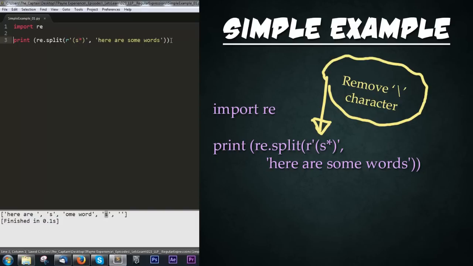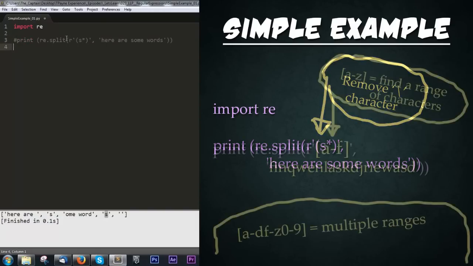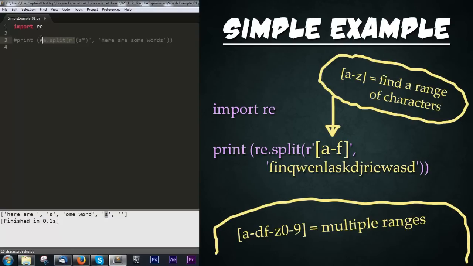Okay, so I'm just going to go ahead and comment this line out, and I'm going to punch in a new line. And actually I'm going to go ahead and copy the majority of this part right here so that we have the print re.split function, and then we're starting the statement. And next we're going to type in open bracket